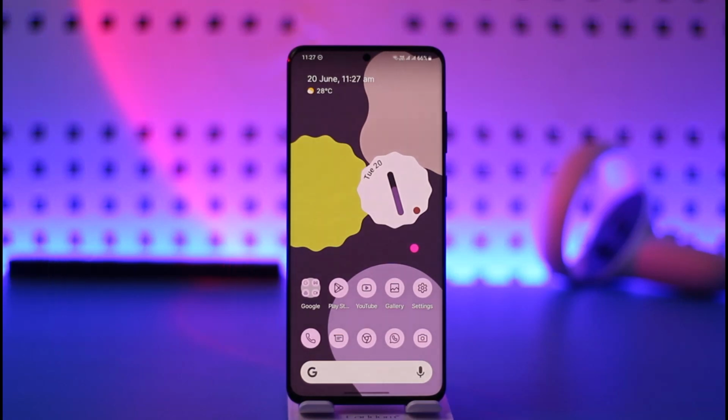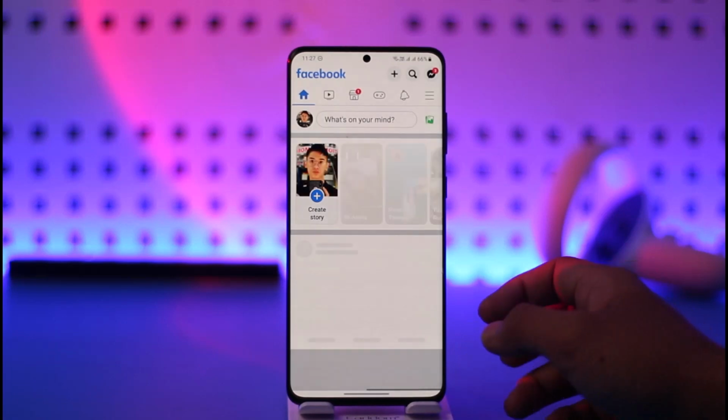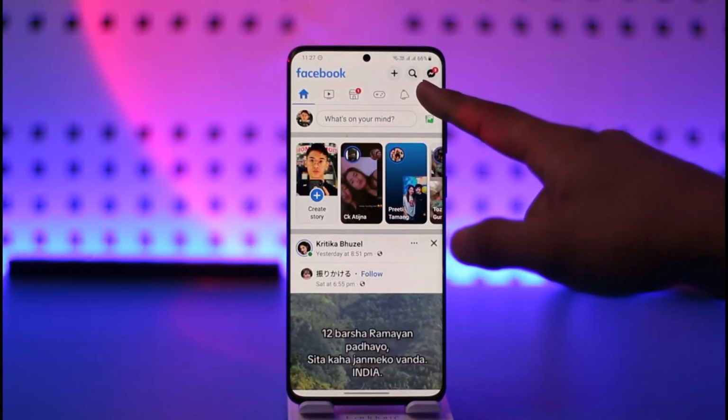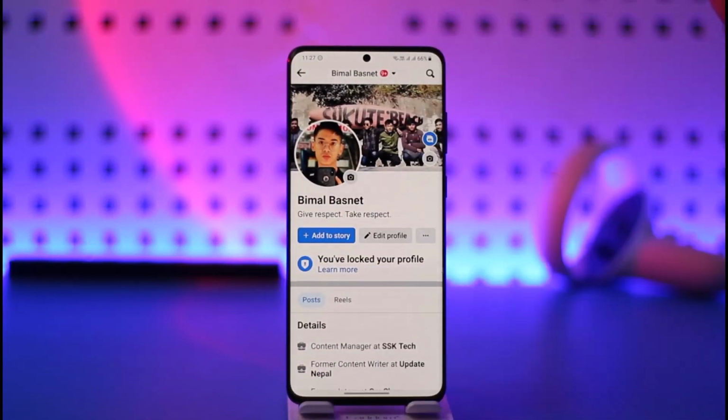If you'd like to remove the profile picture on Facebook, all you have to do is simply go ahead and first of all launch the Facebook app here. Once you launch the Facebook app, just tap the three lines option over here, as you can see, and then come to your profile page here. Once you come to the profile page, you can see my profile picture, and what if I want to